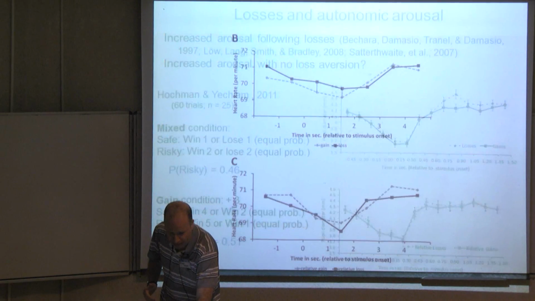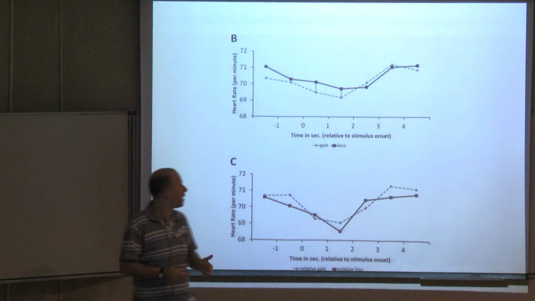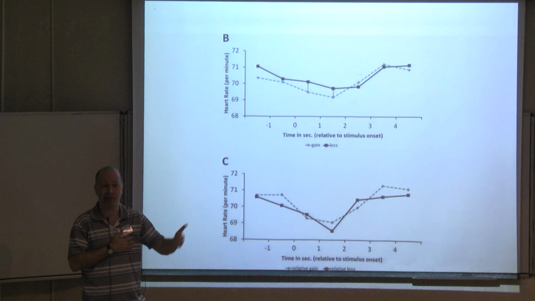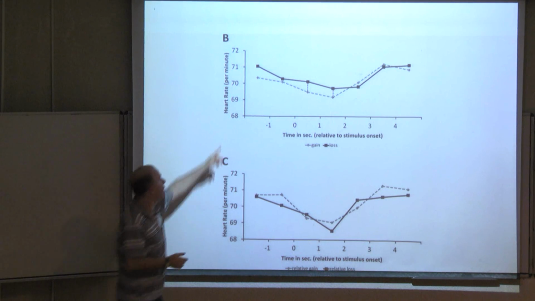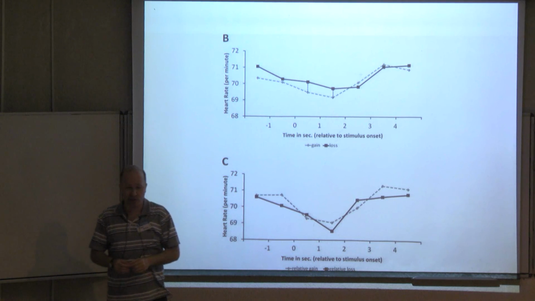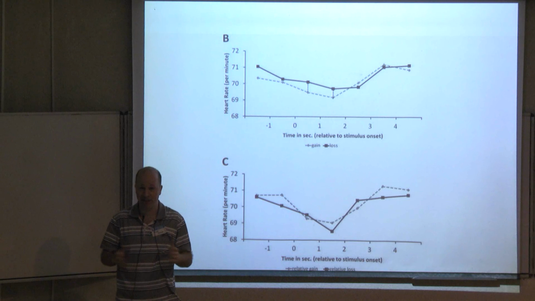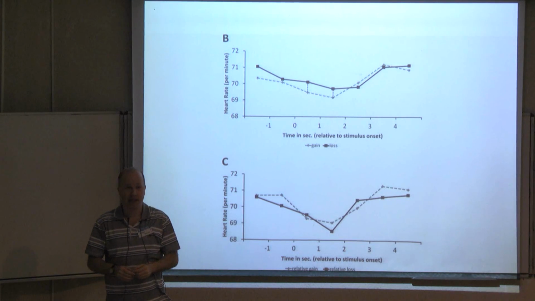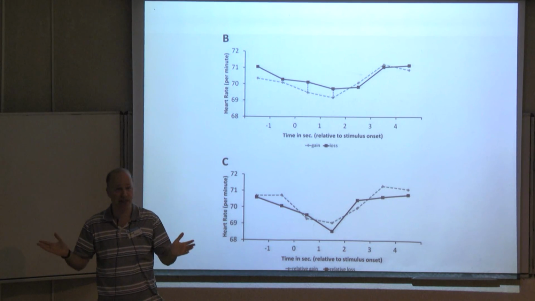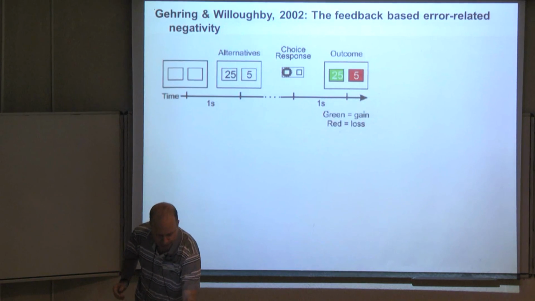And we also replicated that in a host of other autonomic measures. Here's an example of heart rate. The heart gets faster after losses compared to gains. This is absolute losses compared to absolute gains. This is relative losses. And also in this little thimble that Perez showed you in the beginning of the day, peripheral arterial tone also gets higher following losses compared to gain. Again, everything is simultaneous with no loss aversion. So we have some kind of puzzle here.